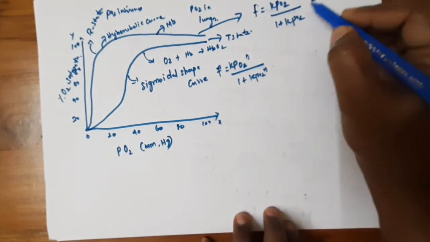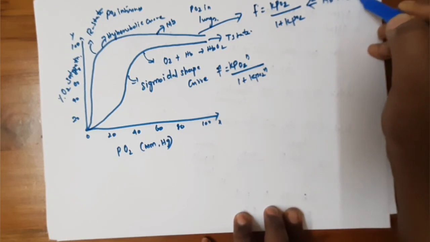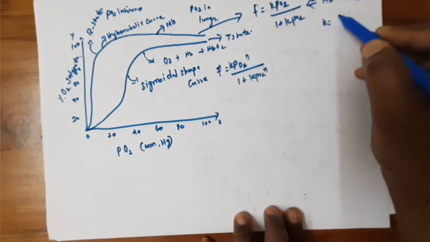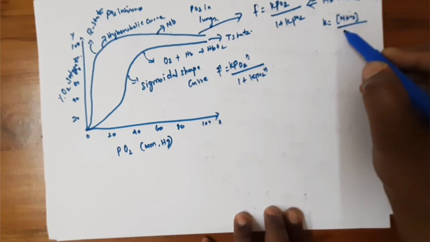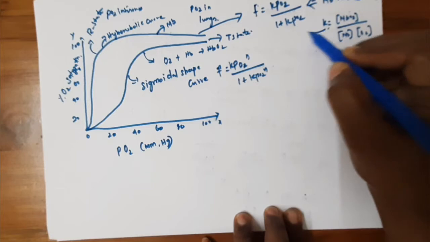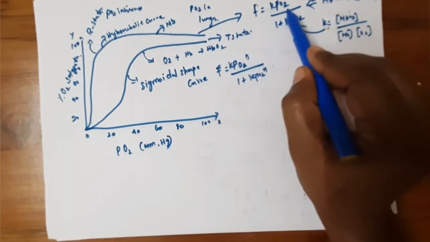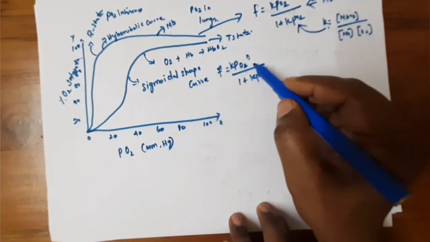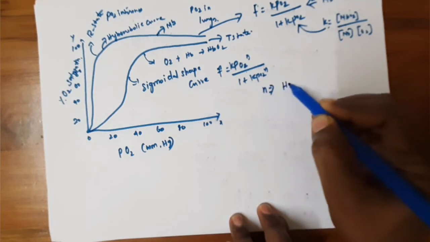So this equation is derived from when the myoglobin binds the oxygen from the hemoglobin. Okay, when you write the rate constant for this equation, the concentration of myoglobin bound oxygen, myoglobin, and the concentration of oxygen. So this gives this equation, and if you see the two equations, this is for the myoglobin hyperbolic curve and this is the equation for the sigmoidal curve, and one more term is introduced in this equation, that is called N. So N is known as the Hill constant.